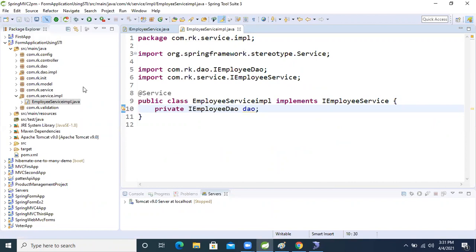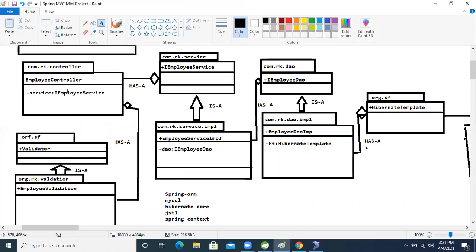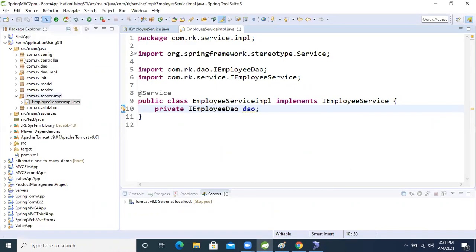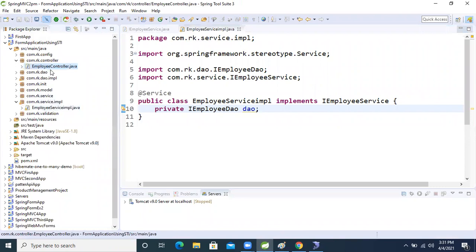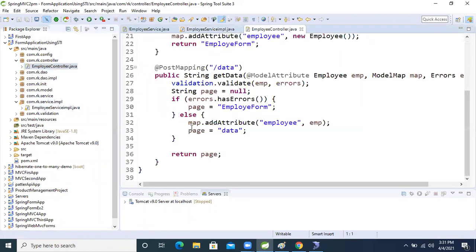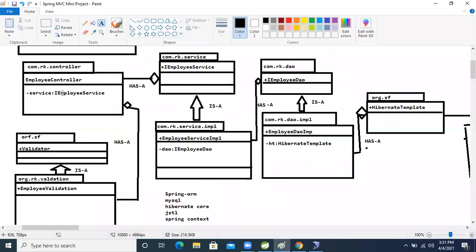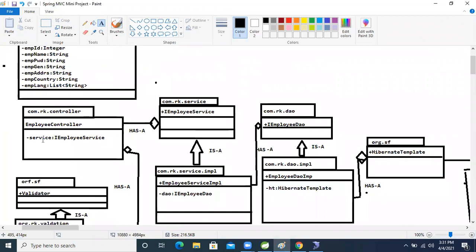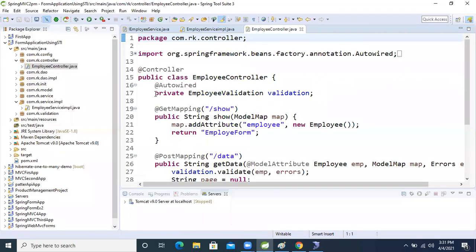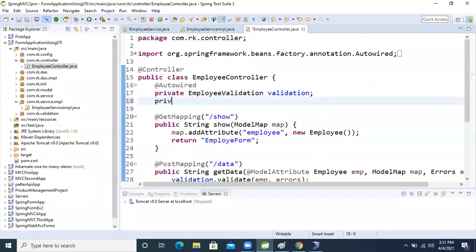Now the service class also. And after that, another model is which one? Controller. And we are already working on the controller from last day onward, right? But still, to use these service classes, we need to make a HAS-A relation in the controller also. Already the validation we took, so for that we will add one more private, IEmployeeService.